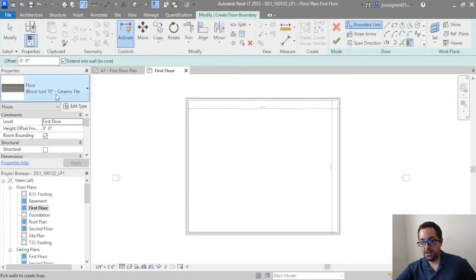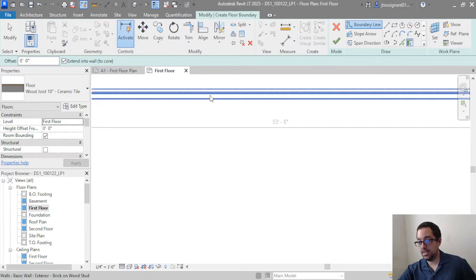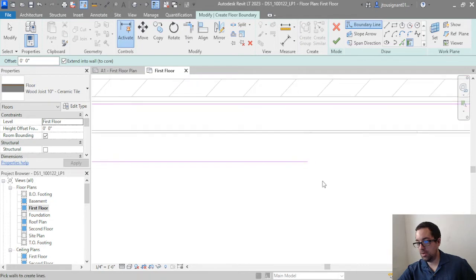So I'm going to go back to the regular floor tool, and I see that I've got my drawing options over here. For most boundary-based tools like this, you are going to get pretty typical drawing tools. So I'm just going to start with the Pick Walls tool, and have the extend into wall to core going, because Pick Walls is going to be nice for when I move the walls, and extend into wall to core is going to make sure that the floor is set to the correct boundary. So it's not just arbitrarily placing inside of the wall,